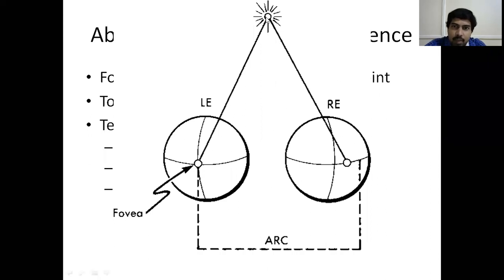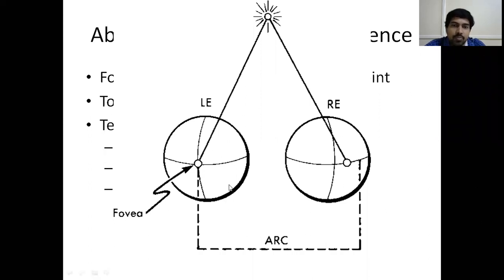Suppose in place of this bulb, you have got a cow. So the image of the cow will be falling on here and this part. So the brain will interpret that there is a cow. Suppose somewhere in the visual field, there is a buffalo. The buffalo's image is falling on this point. So if this point is corresponding with the brain, then the image of this cow and the image of this buffalo will fall on the retina, and that will be taken to the brain. So the brain will get confused as to which one to process. So that's why in case of squint, the body itself develops a protective phenomenon known as abnormal retinal correspondence.